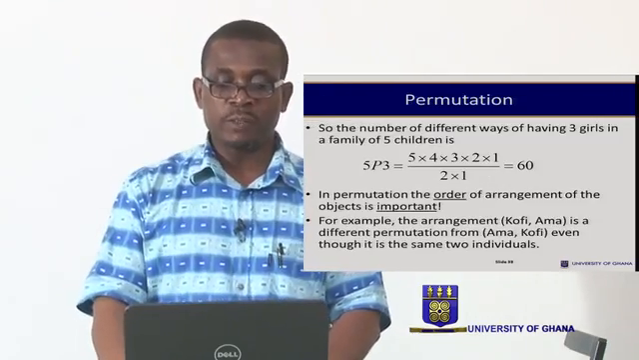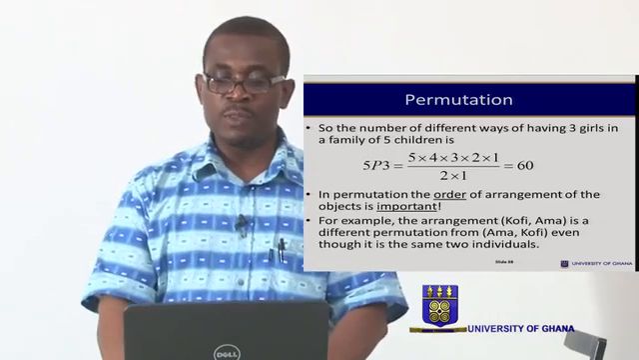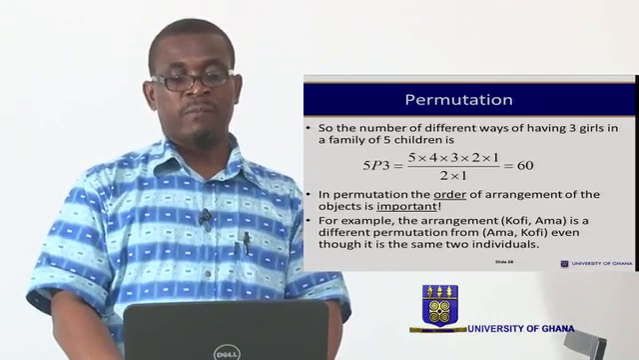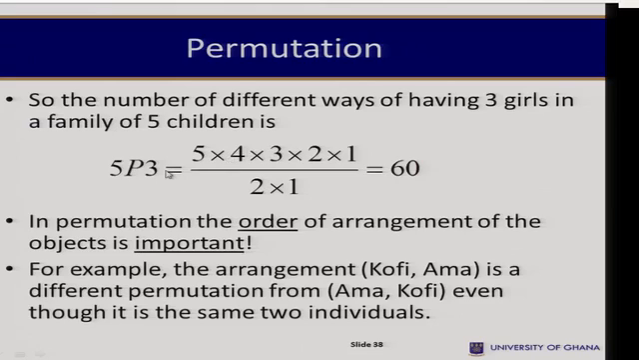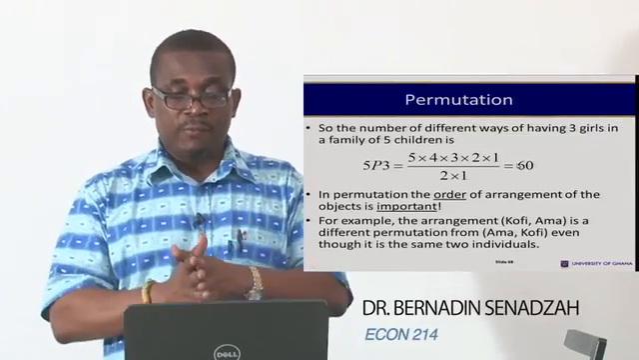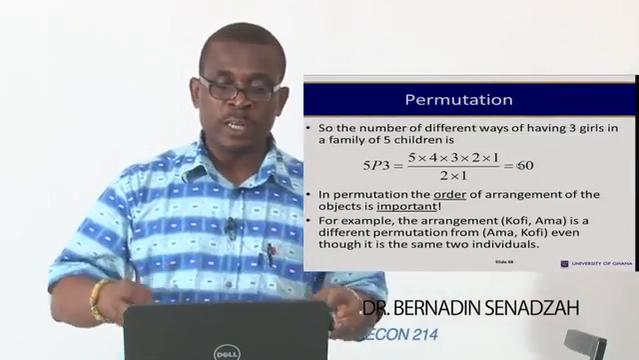So let's say we want to find the different ways of having 3 girls in a family of 5 children. 5 permutation 3. So 5 factorial is 5 times 4 times 3 times 2 times 1, divided by n minus r. In this case it is 5 minus 3, which is 2, so 2 factorial, 2 times 1. It gives us 60. So there are 60 ways in which you can have a family of 5 children containing